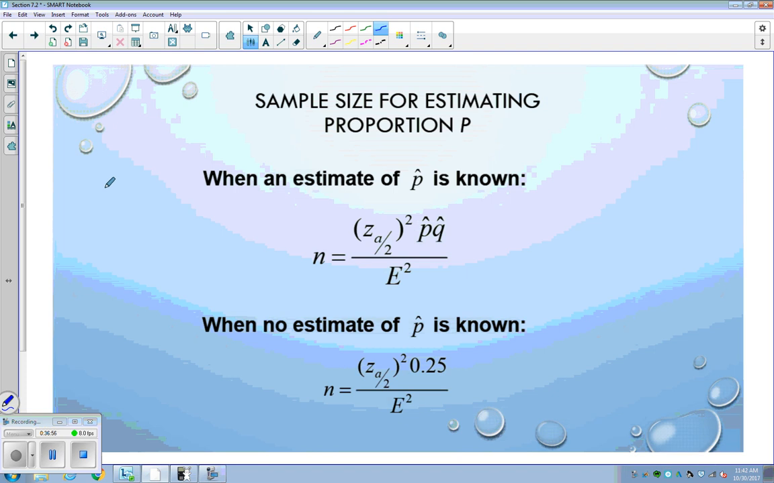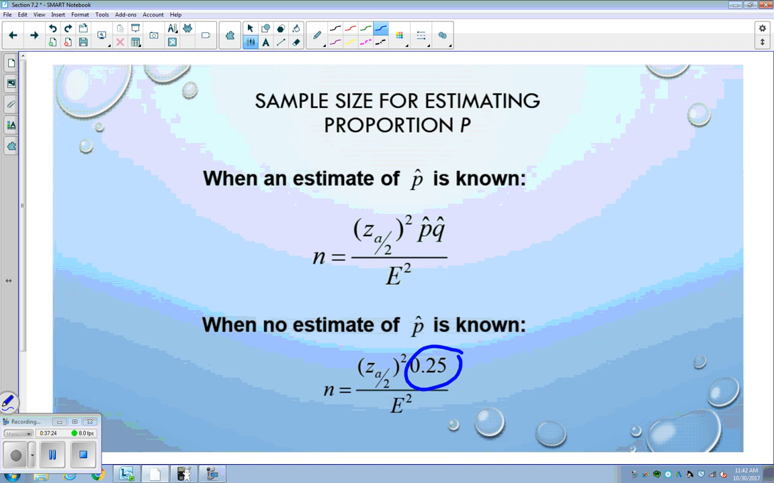Now, sometimes you know what p hat is. Sometimes you don't. If you do know, you can just fill that in as p hat times q hat. Sometimes you don't know what it is because you haven't sampled the population yet. You haven't run your survey yet. And when that happens, you use this